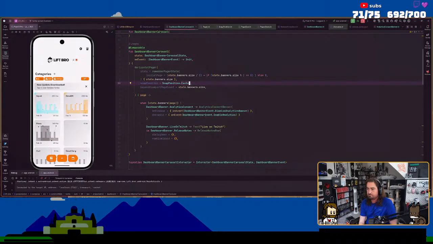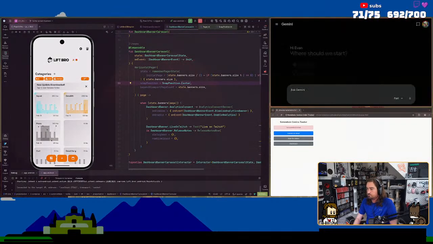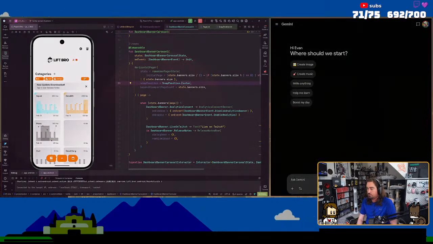I'm gonna do some asking. I want to have 3 cards appear in a triangle format within a horizontal pager for Jetpack Compose. What's the best way to animate that?